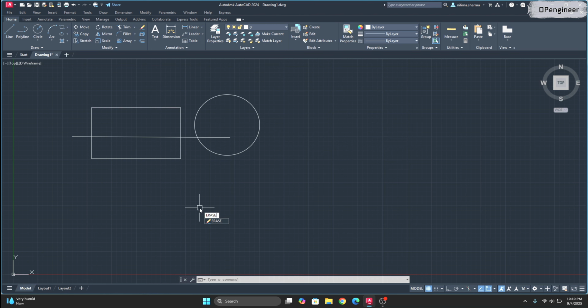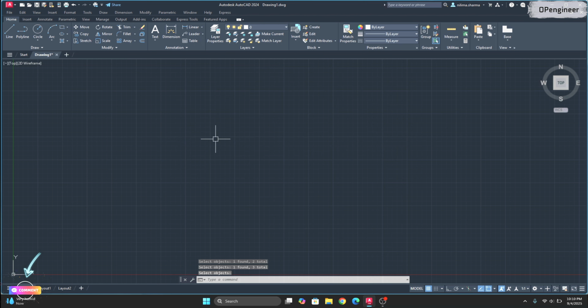So it is asking me to select the object that I need to erase. So I click on this rectangle and the whole rectangle is erased. If I click on this circle, the whole circle is erased. Line, the whole line is erased. If I've selected all this, just press enter or escape to erase the lines, rectangle or circle that I have